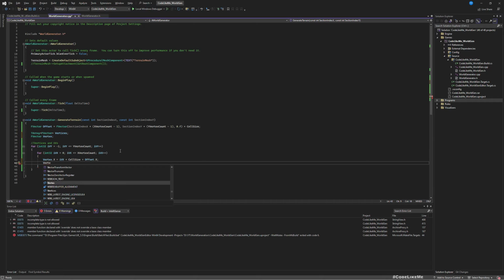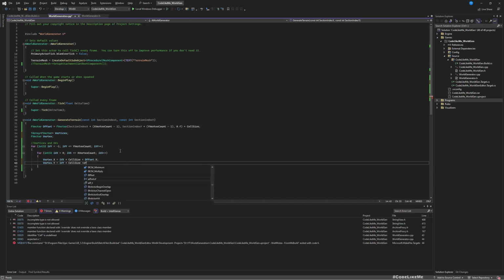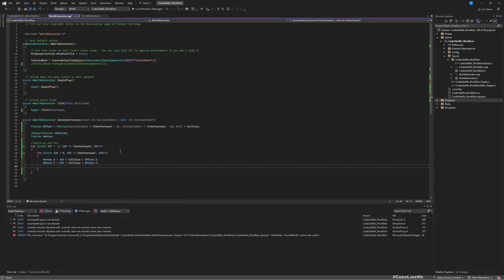Similarly, vertex dot y, ivy multiplied by cell size plus offset dot y. And vertex Z, for now I'll use vertex dot Z as 0 because I just need to make sure the function is working first, then we can work on the height map. Okay,